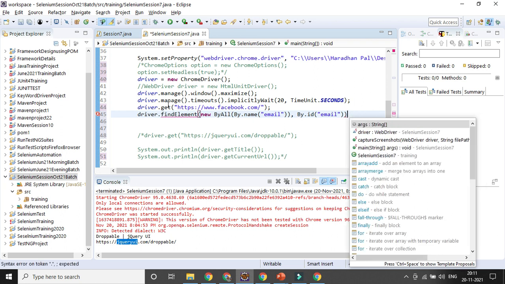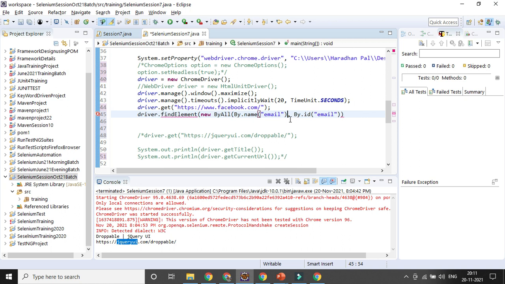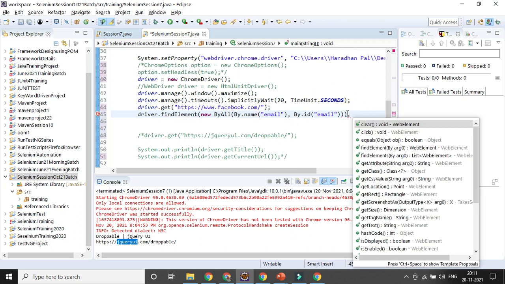Okay, driver dot findElement new ByAll. After ByAll I'm giving By dot name, and closing it. Sorry, that was the mistake. Then dot sendKeys.